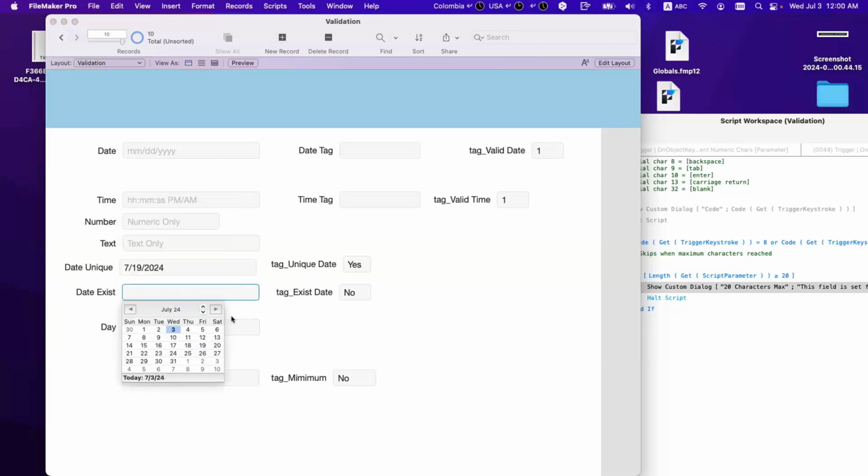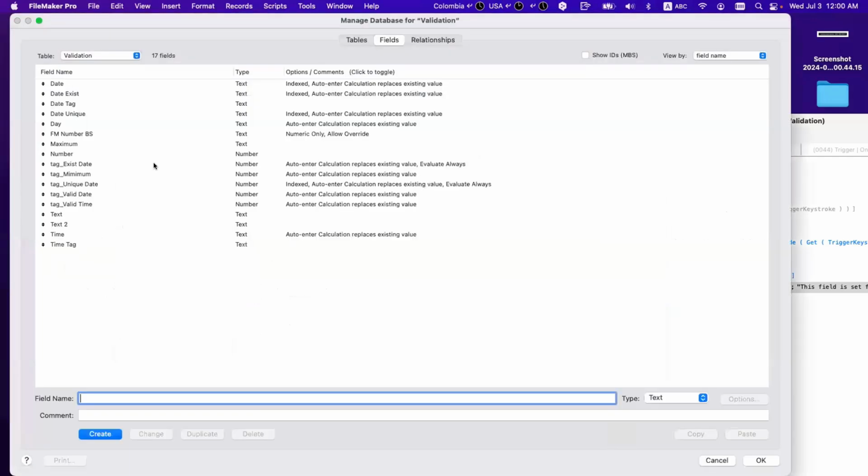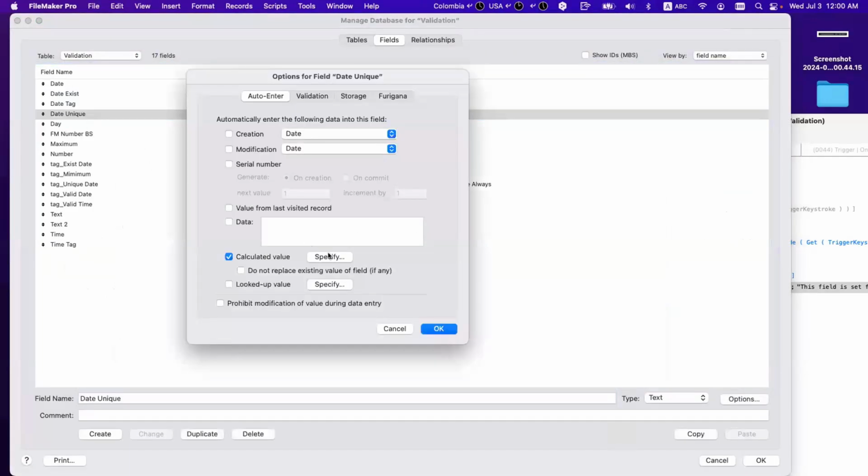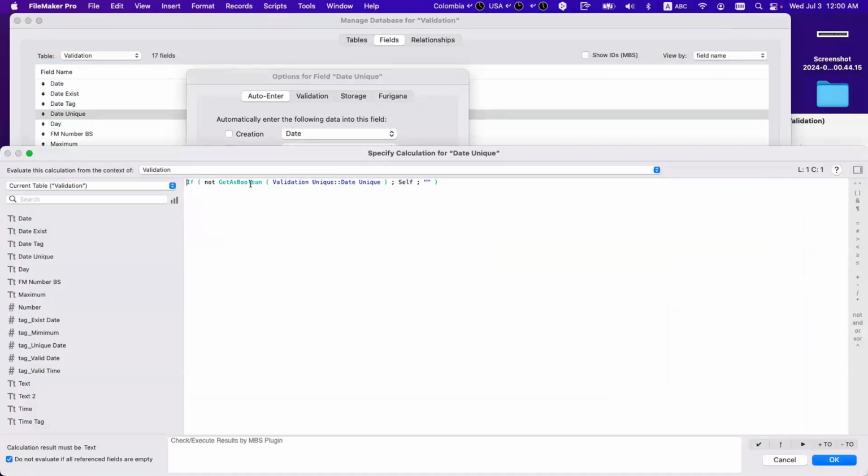If I said 19, yes, it's unique. It's the same way. You always use the same technique: if whatever, keep what's inside, otherwise blank.